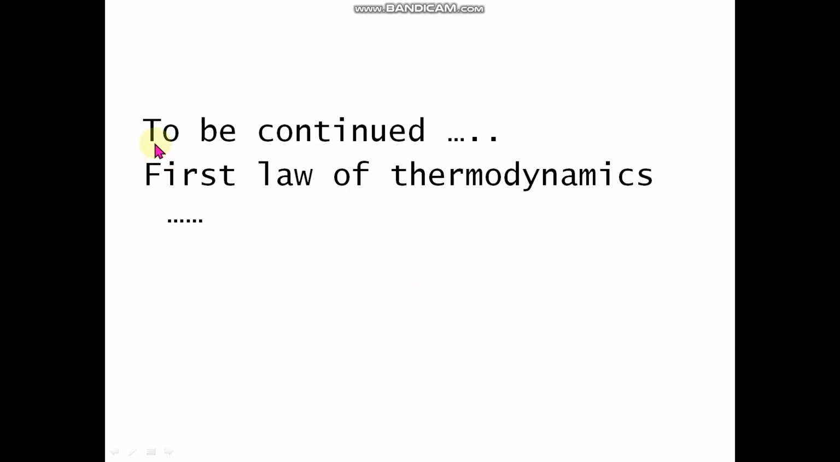Now, to know about the first law of thermodynamics, we need to continue in